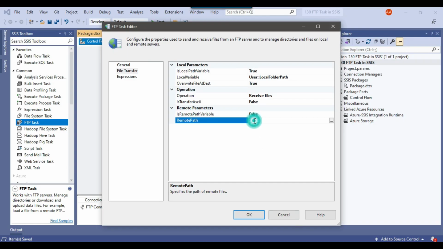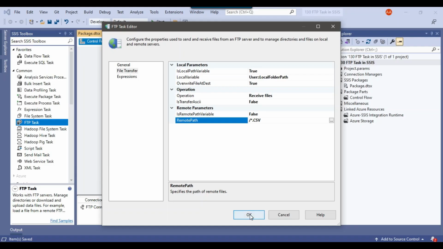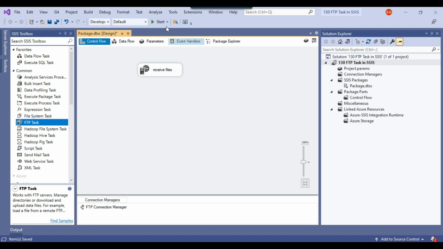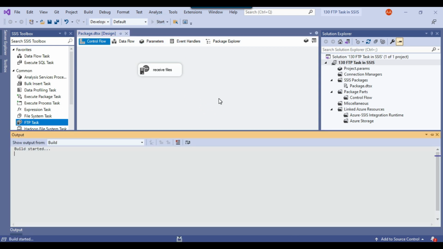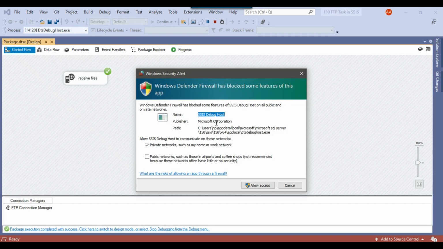So I can provide /*.csv. Now it will download all the CSV files situated at the root directory of the FTP server. I can click on OK, and then let me execute the SSIS package. It should download three CSV files into the D files location.